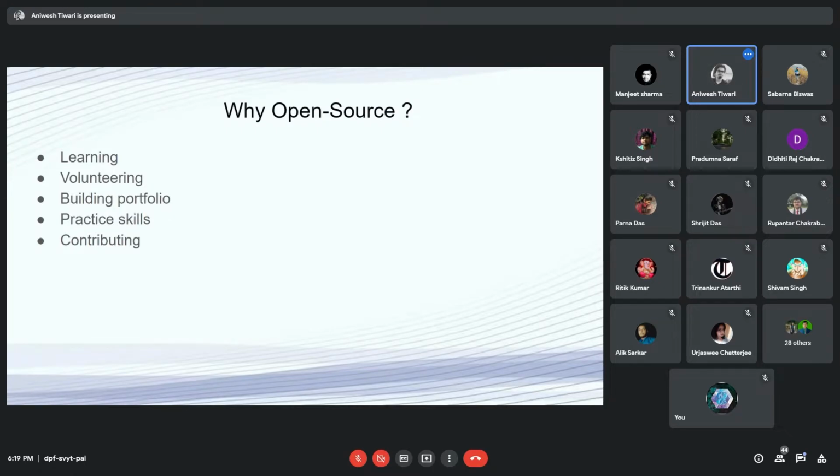If you are contributing to a project, suppose a Python project, and after your contribution you add a feature that is useful for society, that is useful for women, you will get a pleasure, and this is a very important thing. And you will receive swags and stipend too, from different open source events that happen throughout the year. So these are all the benefits of open source.